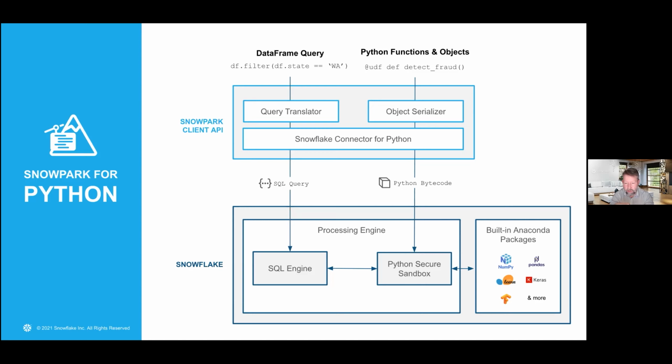So they'll be registered inside Snowflake, either as a permanent function or as a temporary function, and can then be reused going forward. So for example, if you're building or training a model, and you've trained that model and you're ready to deploy it, you could potentially deploy that as a prediction function inside the database, and then pass rows through it to get a prediction back.